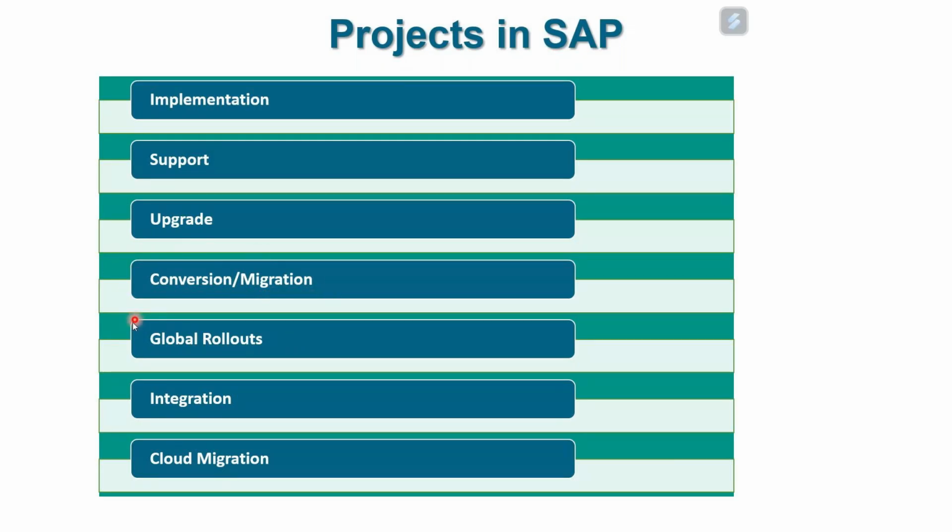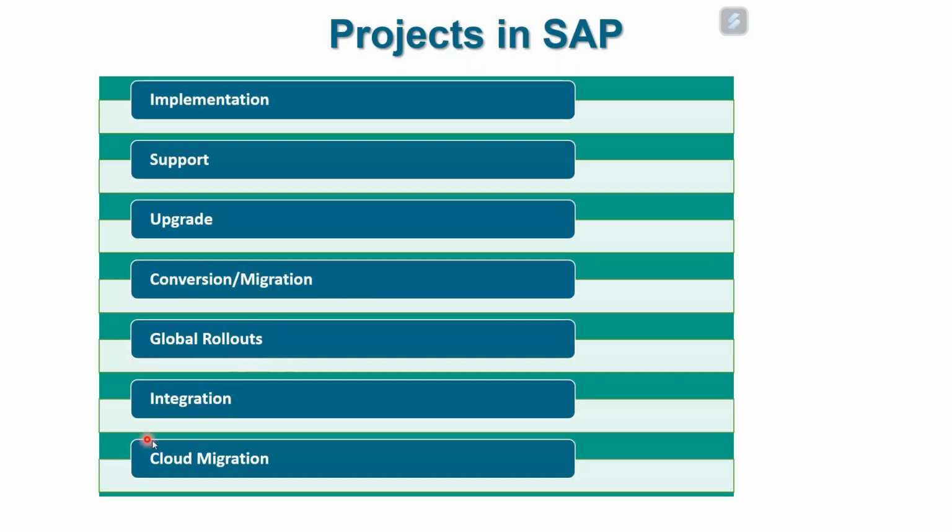Then you can do global rollouts. Say a company like Unilever, they start with S4 HANA in India, then they do S4 HANA in London, then they use S4 HANA in Western Europe, then Eastern Europe. Then they do S4 HANA in America. Then they do it in Canada. Then they do it in South America. They do global rollouts, and you can be part of their global rollouts forever. Forever. Why? Because Unilever took 12 years to have global rollouts for their ECC. They might have a similar number of years for their S4 HANA as well. So you will almost be there with them forever.